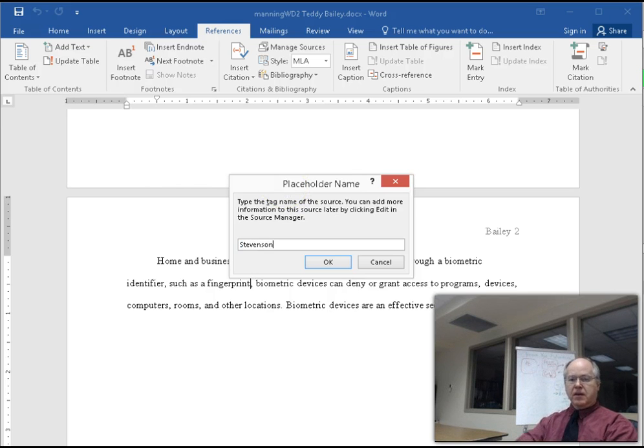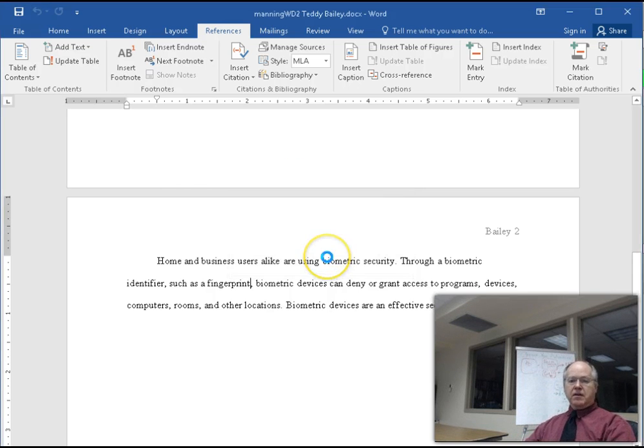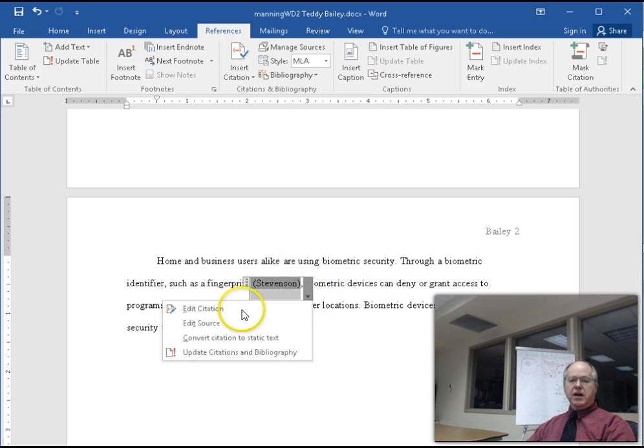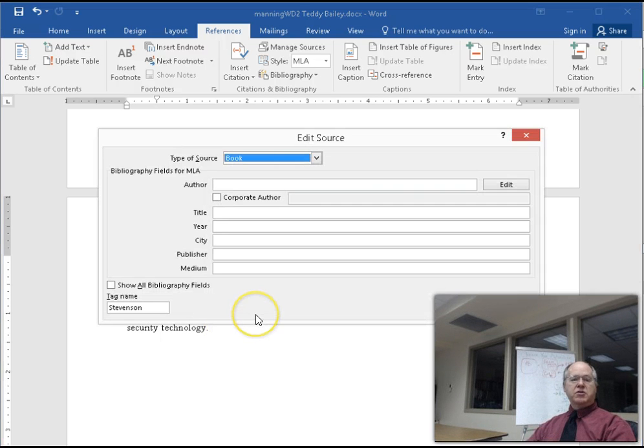Then you can click OK, and it will show up eventually. You can always come back and click on it and go back to edit, or you can just do it right away, add new source right away. Now once I get here, what do I do? If it's from a journal,